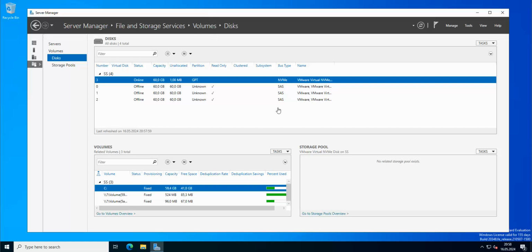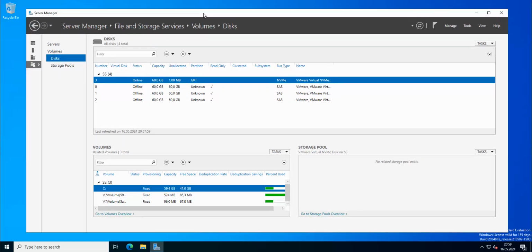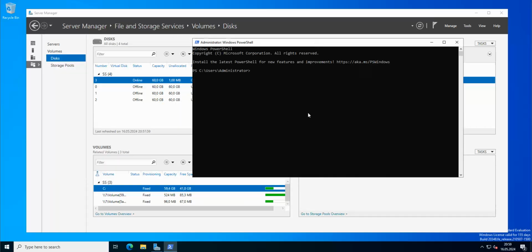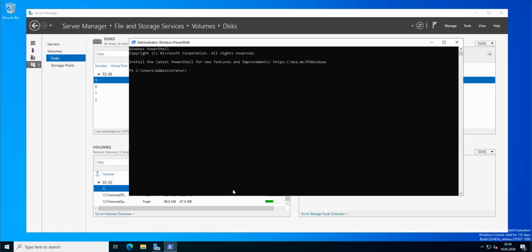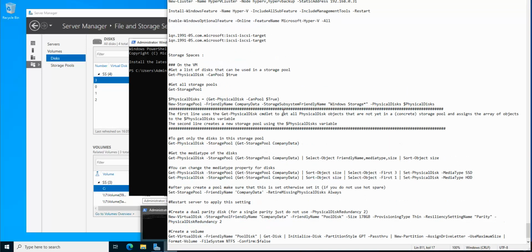I'm not going to perform this on Server Core because I wouldn't be able to show all the things that are actually configured here. I wanted to show it on the GUI, so you will see after every command what's happening. Okay, so let's start with, of course, opening our PowerShell. I'm gonna use my notes as always. Okay, so first of all,